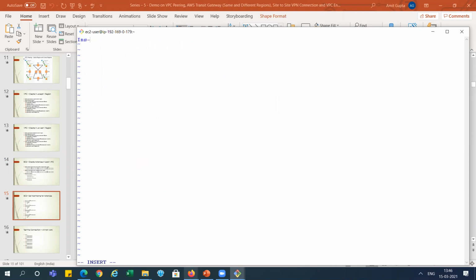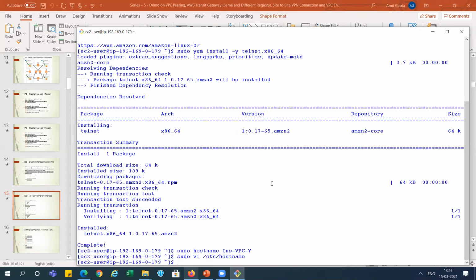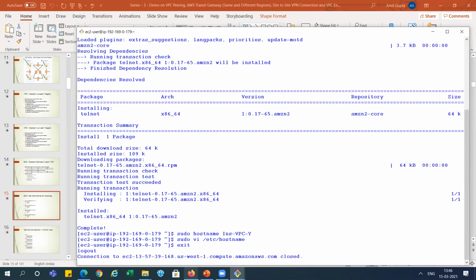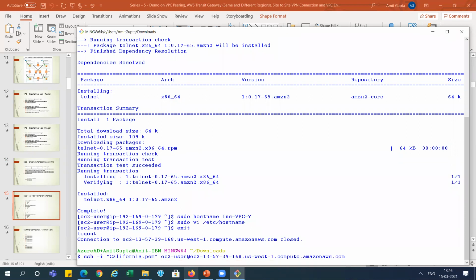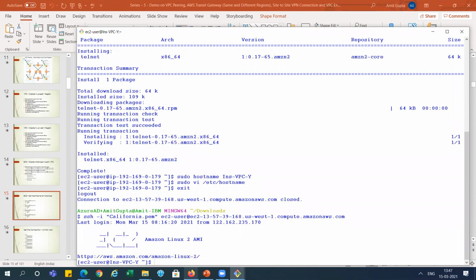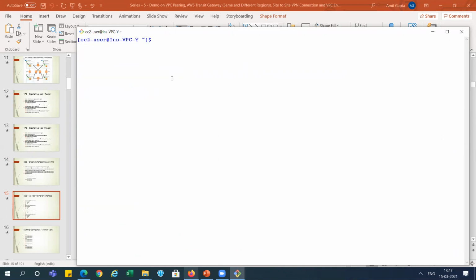Inst VPC Y, right? Okay, now we need to exit and log in again. You can see it is connected to VPC Y.